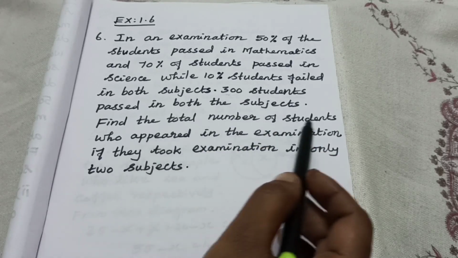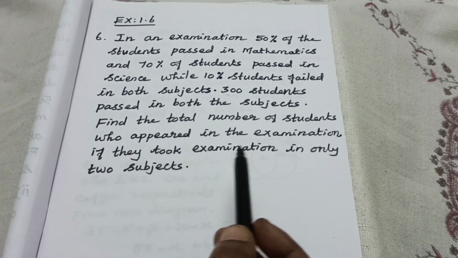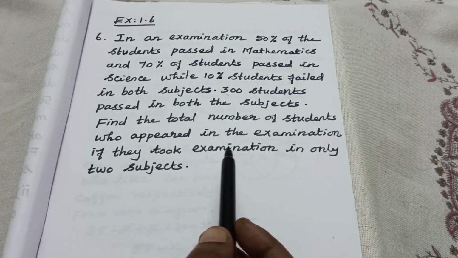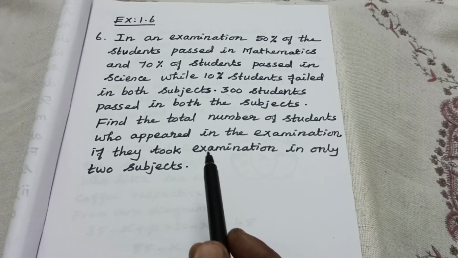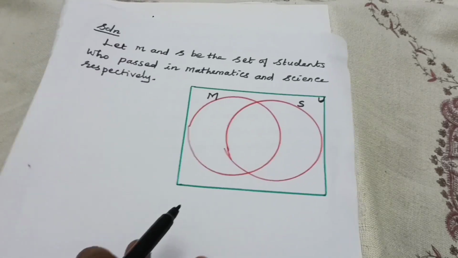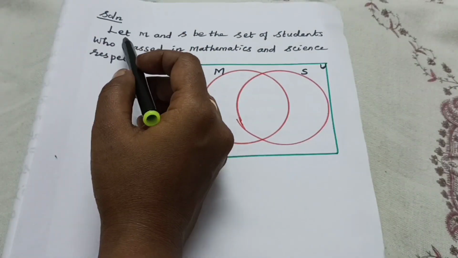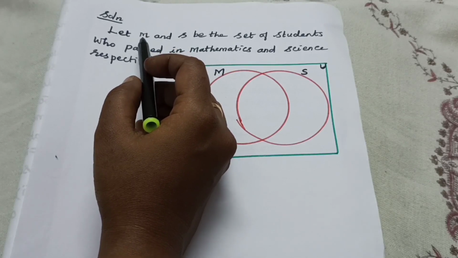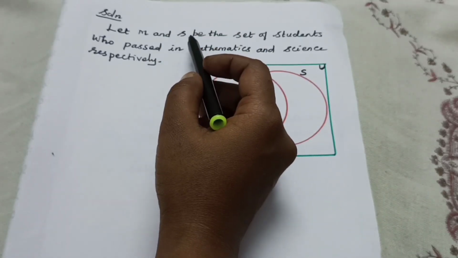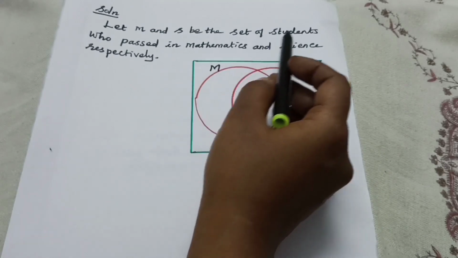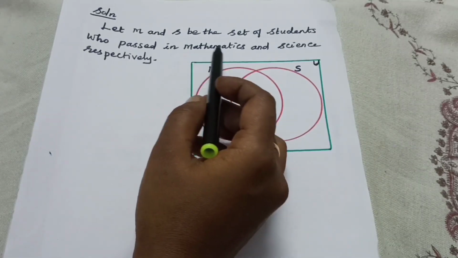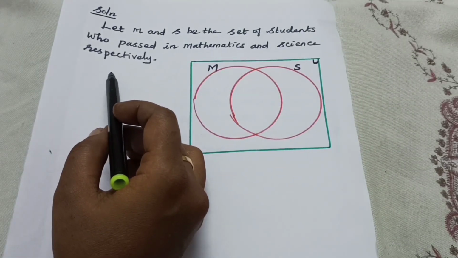300. Okay. Find the total number of students who appeared in this examination. Okay. That's the question. Have you understood the question? Then the solution is: let M be mathematics and S be science,